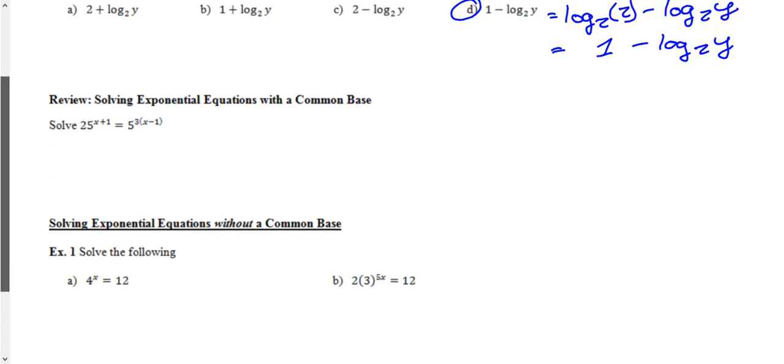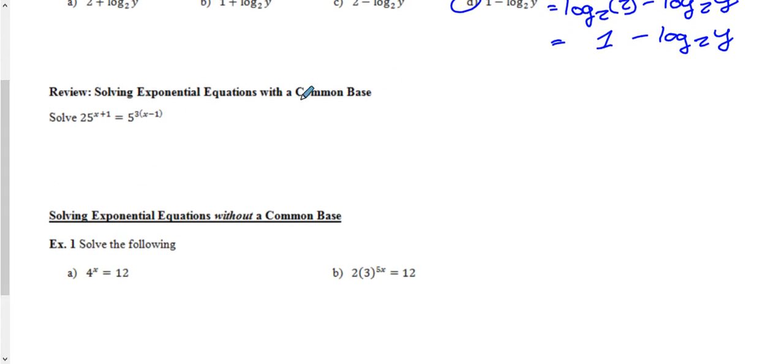Here it says review, we're solving exponential with a common base. So here if I see 25 and 5, I know that I have a common base. So what I need to do first is convert them both into common base. So I'm going to convert both of these to common base 5. This one here on the right is already done for us. Over here we're going to start off. 25 is the same thing as saying 5 squared. And I have my x plus 1 on the outside of that there, is equal to 5 to the 3x